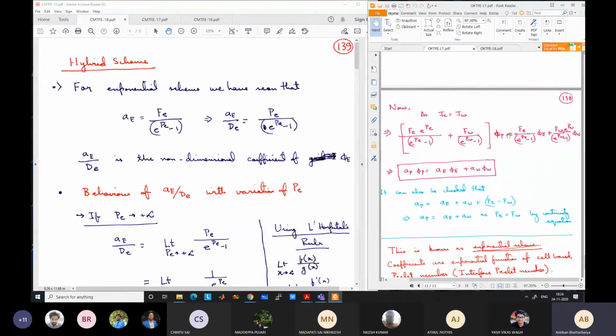So what we are going to do is study just one of the terms, AE, and see how to treat that. We'll assume that similarly we can treat AW also, and anyway AP is equal to AE plus AW plus FE minus FW. So AP can always be calculated based on AE and AW. So we'll go into the details of the behavior of AE, how AE actually behaves.